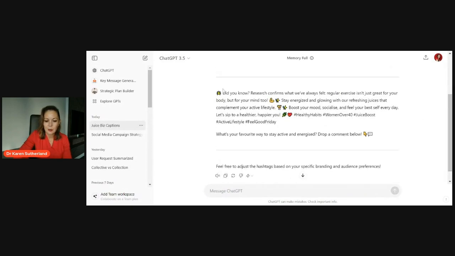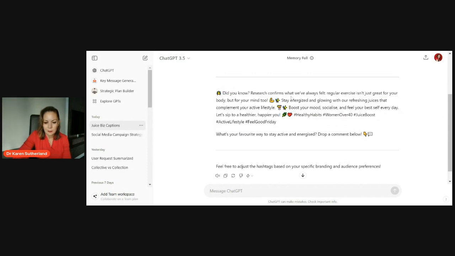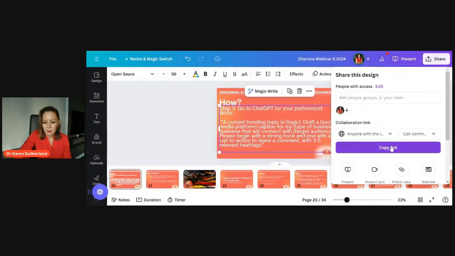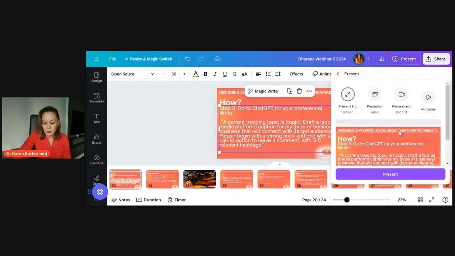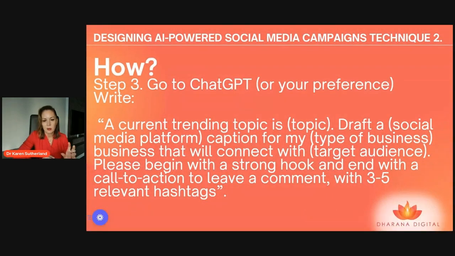And yeah, again, you would copy that out and you would tweak it to suit you. And you would even possibly, not on Instagram, but maybe on another platform, if it was Facebook, put a link to that article as well. So yeah, that was just a way that you can use social media to jump on a trending topic that's relevant to your business, of course, and then use AI to come up with an image and a caption.